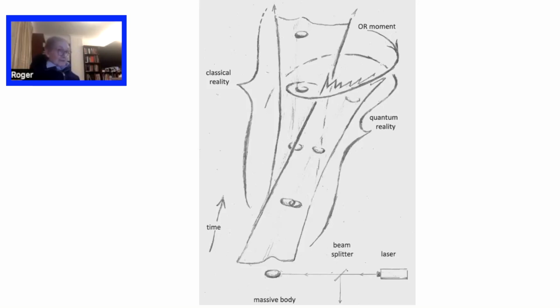And as we move up the picture, now that's time evolving, it takes a little while starting to move away from itself. You see that little body, the little grain of sand or something, which the photon has hit, is put into a superposition of being in two locations in the quantum reality, because it's either hit or not hit, but it's not that. It's in a superposition of being hit and not hit. So that means the superposition of being moved and not moved.